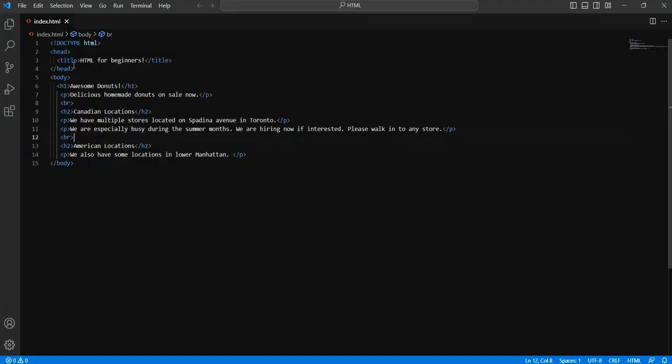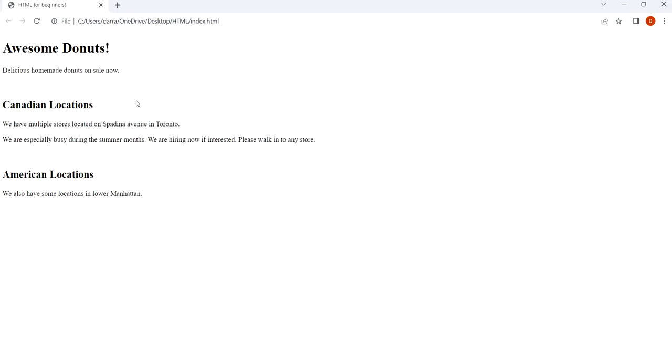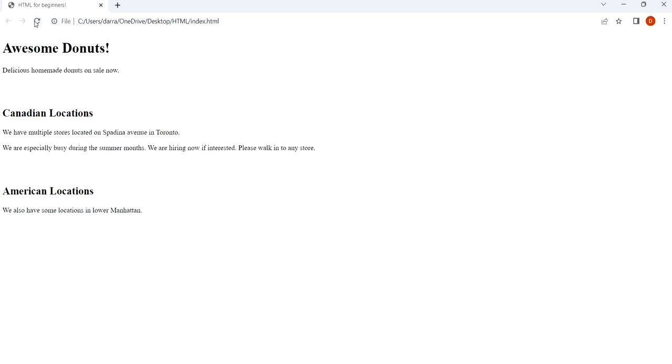You don't need to use just one, by the way. You could actually use two. So this will probably create too much space now. So if I put one here and refresh, we're going to create even more space. Okay, awesome. And another thing you can do in HTML is you can split up the document using a horizontal